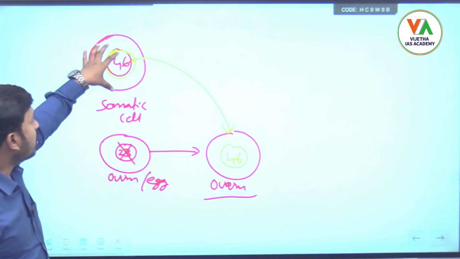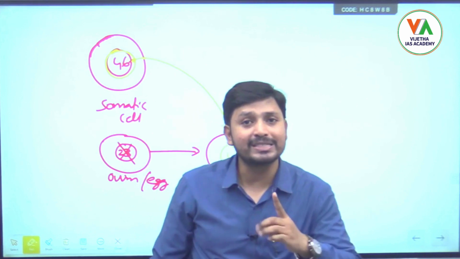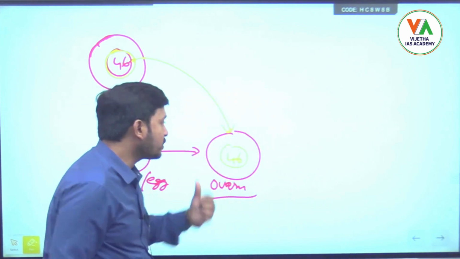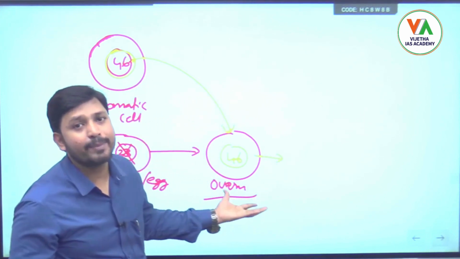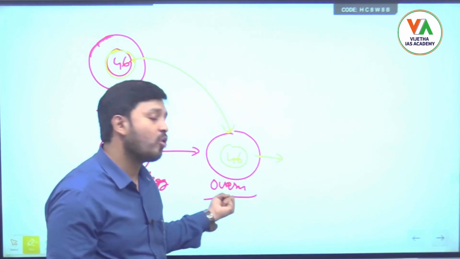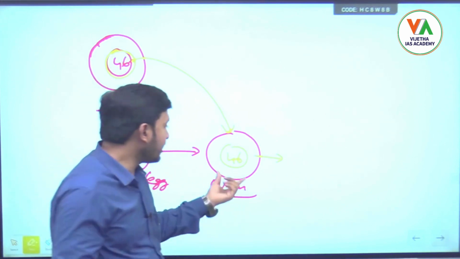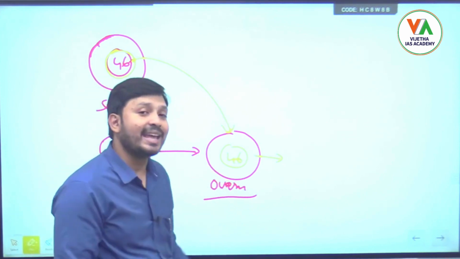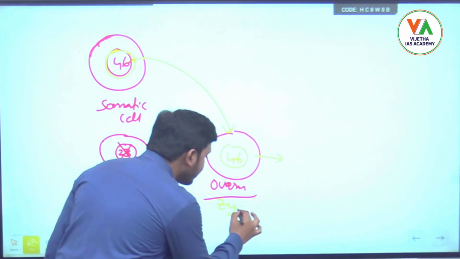Okay, 46 chromosomes are coming from a single person, meaning it is coming only from my body, right? And this is the ovum. So I will apply some electric power, or some chemical reactions will be done on this ovum in the lab in such a way that it will start fusing, meaning it will start multiplying. Okay, so it will act as a zygote. This ovum itself will act as a zygote.